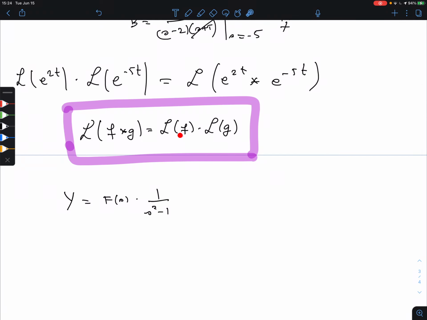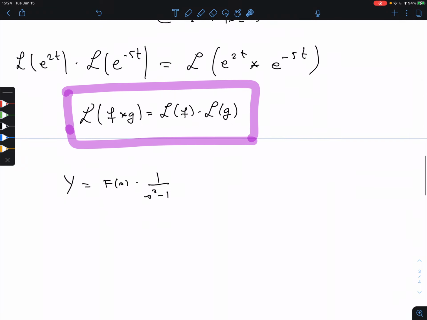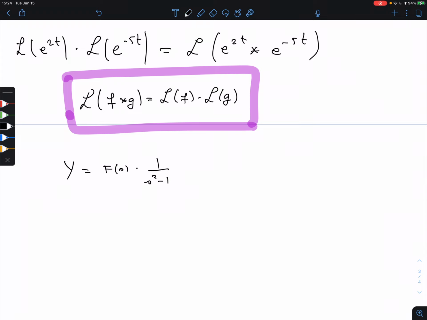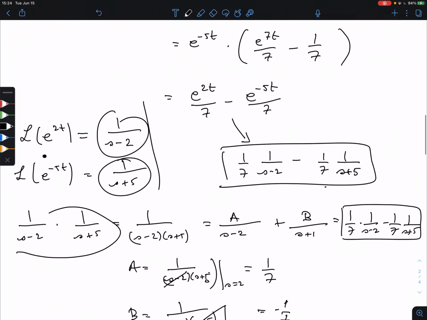What is the inverse Laplace of 1 over s squared minus 1? It's a partial fraction, so I'm going to have to write it as